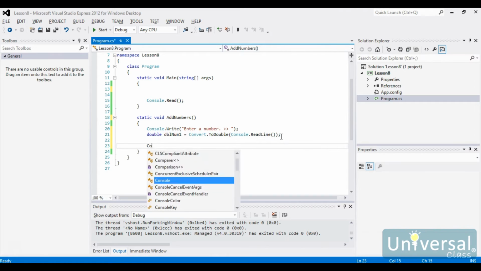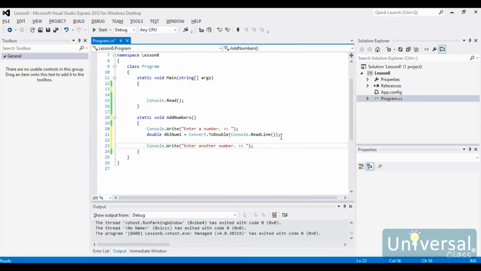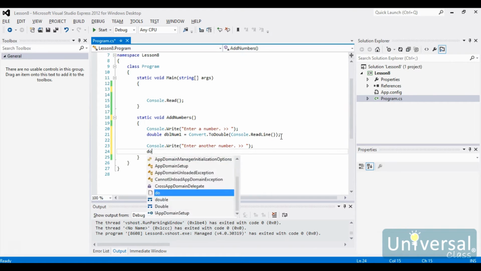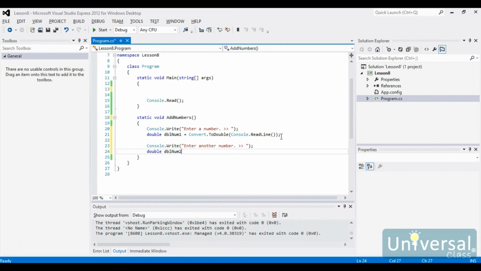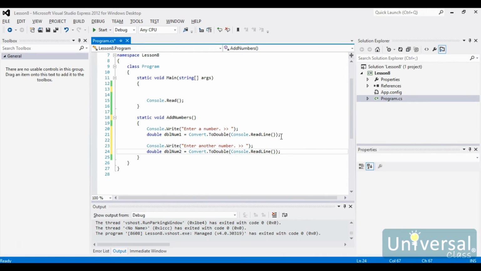Alright, so do the same thing. We're going to say Console.Write, "Enter another number," and then we're going to make another double variable called dblNum2, with Convert.ToDouble, so it'll be the exact same line here, Console.ReadLine. Okay, so then what we're going to do is add those 2 numbers together. So just like we've been doing before, we're going to add these 2 numbers, and we're going to say something like